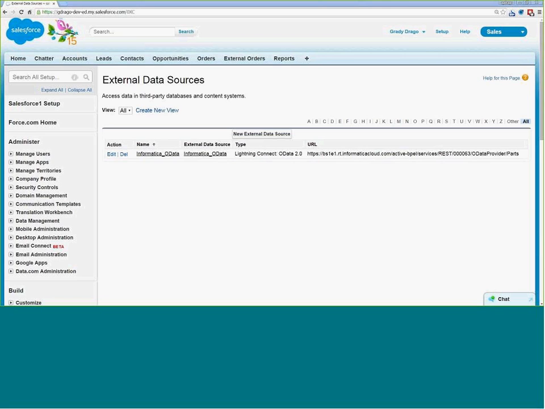Along the way, I'm also going to make some very important points where the Lightning Connect, while it provides an excellent way of having access to external data sources in real time, which again helps to eliminate or mediate the need to do data integration into Salesforce, it does not eliminate that need for data integration, and I'll point that out multiple times. So let me start with showing how we set up the connection.